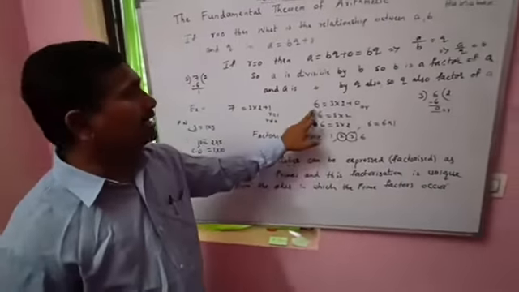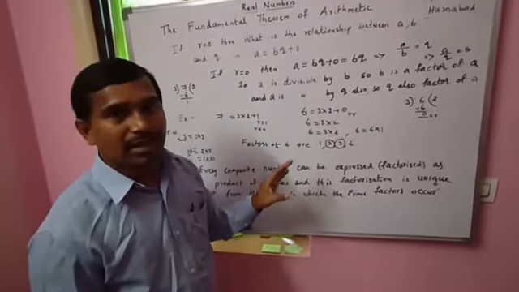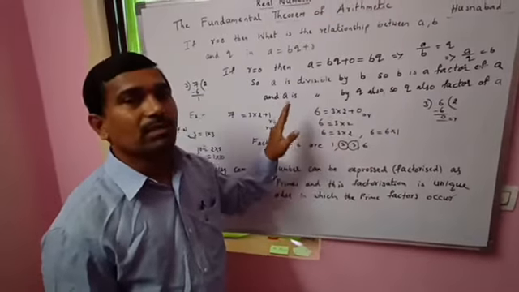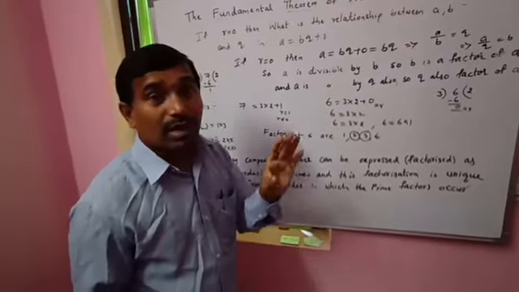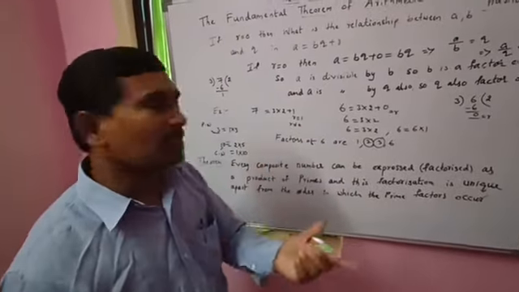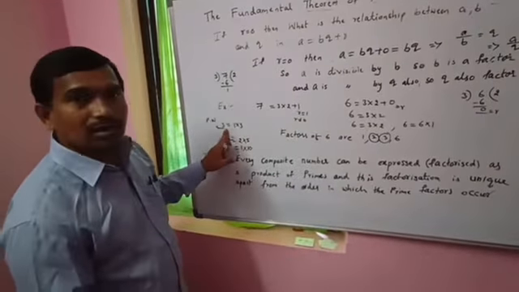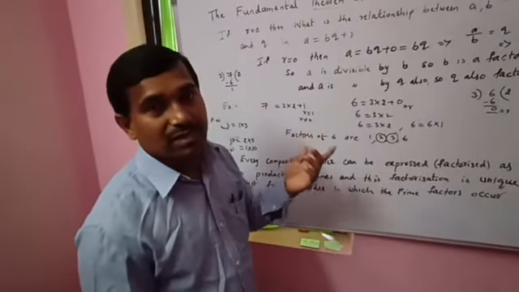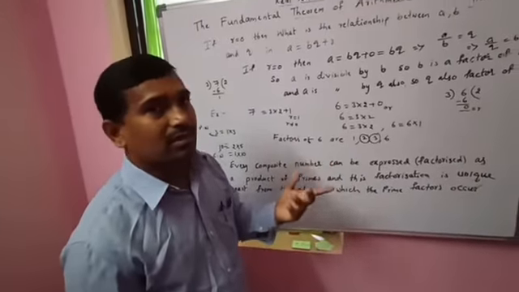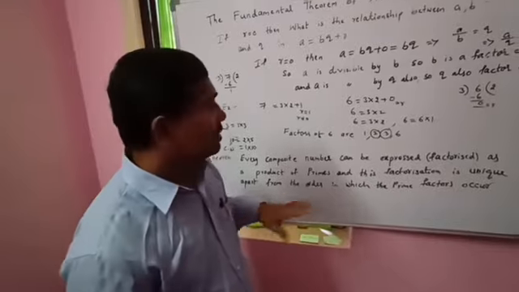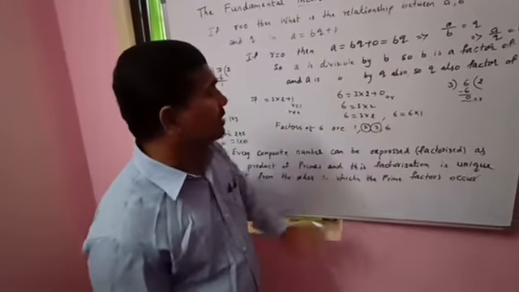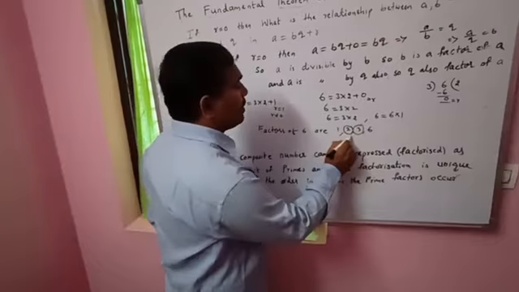So here 6 is a composite number. Are you getting it? See how many factors of 6? 4 factors. So 6 is a composite number. If a number has only two factors, that is a prime number. If you take 3, 5 ones are 5, 5 is a prime number. 7 ones are 7, 11, 13, those are prime numbers. So here factors of 6 are 1, 2, 3, 6. Here 2 and 3 are prime numbers.